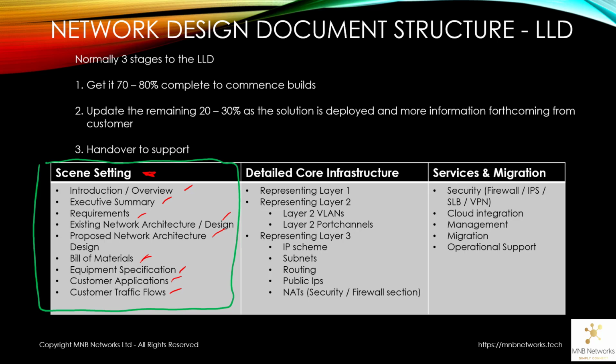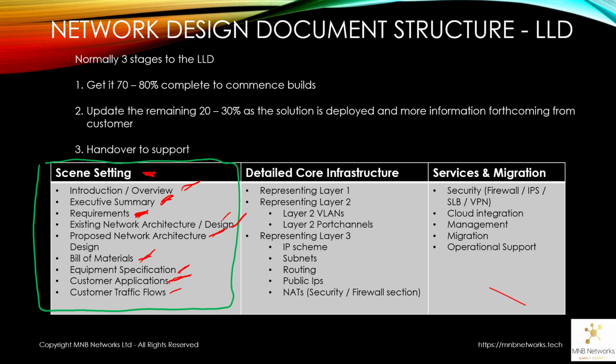So we're talking about things like introduction and overview, an executive summary, so if a business stakeholder reads it, then they can understand what the solution is all about. Customer requirements, existing network architecture, proposed network architecture design, bill of materials, equipment specification,